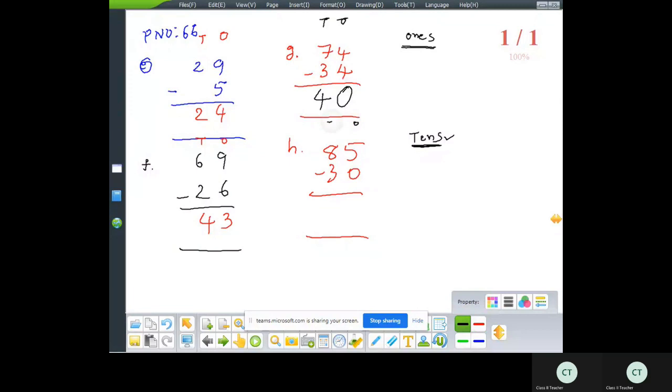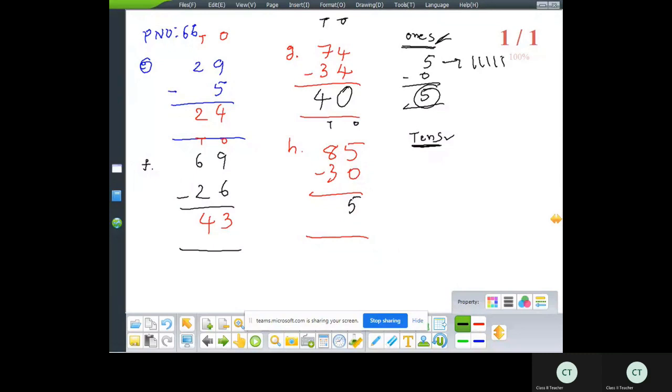1's and 10's. Now subtracting on 1's place, the digits are 5 and 0. 5 minus 0. From the 5 we subtract 0. Draw 5 lines: 1, 2, 3, 4, 5. 0 lines means there is no line, so we should not cut any line. Out of 5, 5 lines are there. 5 minus 0 is equal to 5. This answer we write in 1's place.